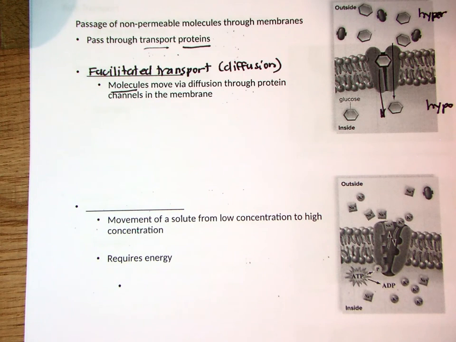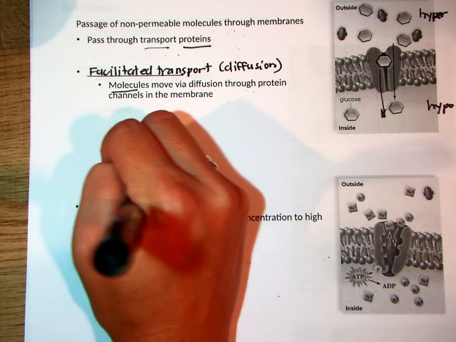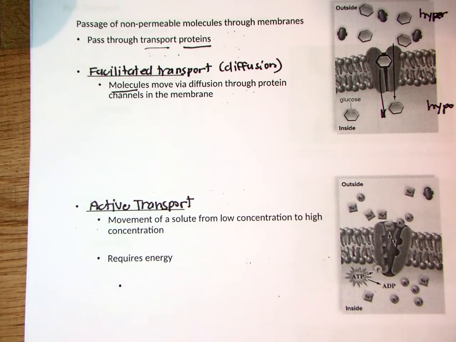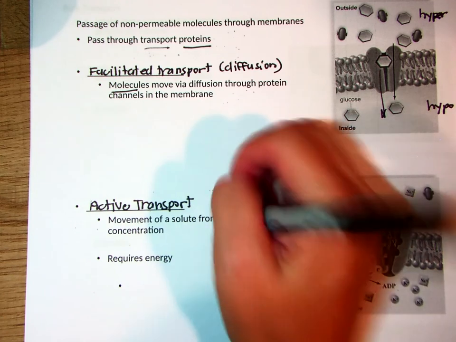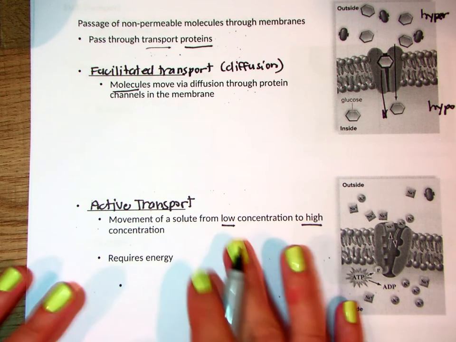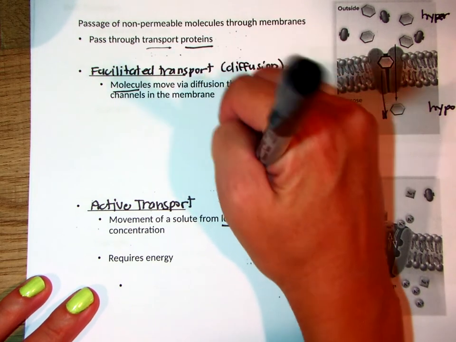Okay, another way that we can get these molecules that can't go through the phospholipid bilayer in and out of the cell is called active transport. Now this is not a form of diffusion, because if you look, it says the movement of a solute from low to high concentration. So if you think about it, and the way that I think about it is I've always pictured a slide. So if you're going down a slide from high to low,